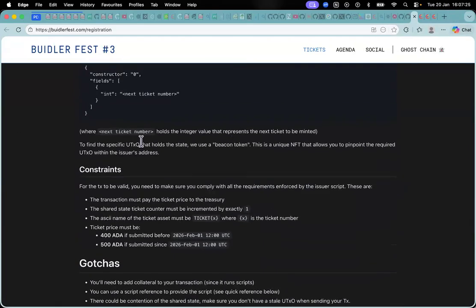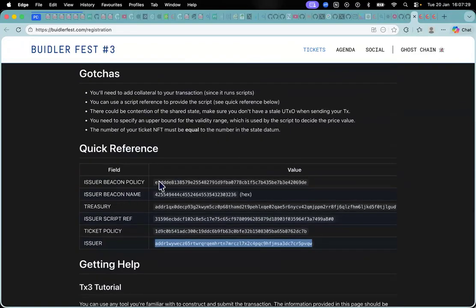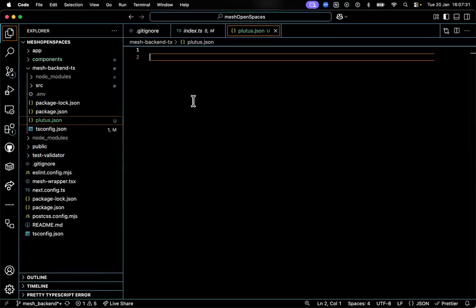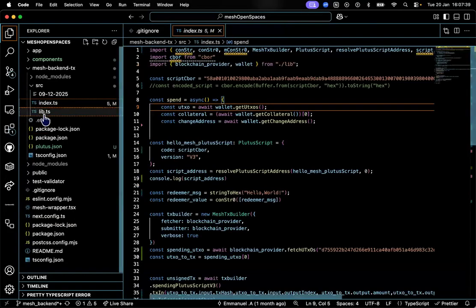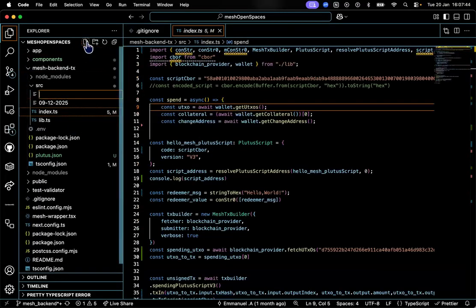The beacon token, yeah. So the beacon token is this. Let's perform that query first. I don't think we need the json file again. Let me create a new file and I'm going to call it, what can I call it?